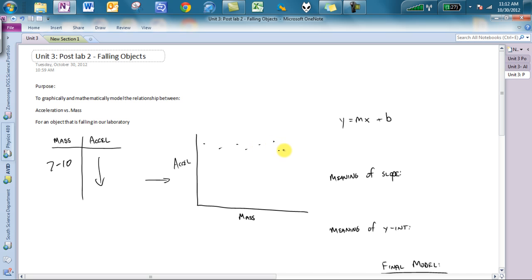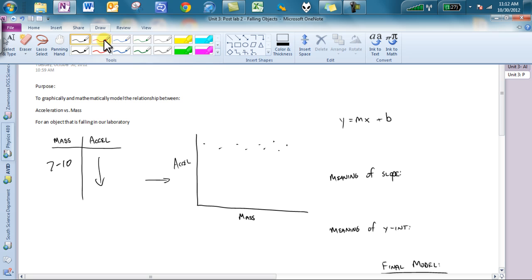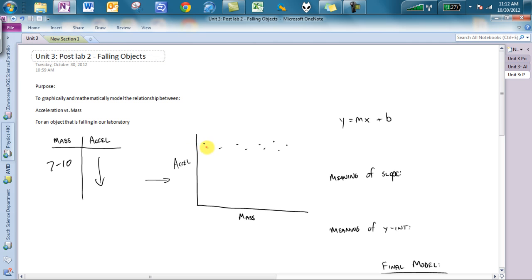After these graphs were plotted, I walked around and I saw a couple of different situations. Most of them looked something like this, where when I saw people draw in their best fit line, it either had a downward slope, or you even saw some that were pretty darn horizontal. And from here, we could create our mathematical model, which we're going to do in a second. Most people got something like acceleration is equal to something like